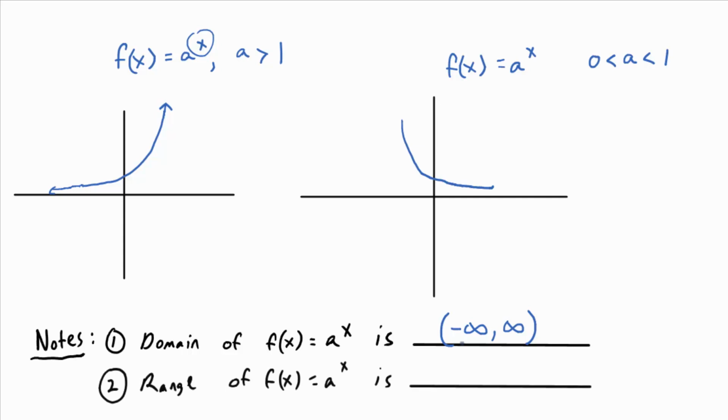What about the range? Either way, either graph you look at, the range is the same as well. How low does it get? How high does it get? How low does this guy get over here and then this guy? Does it ever get to 0? Almost though, right? So it gets as close as you want to 0 because y equals 0, the x-axis, is